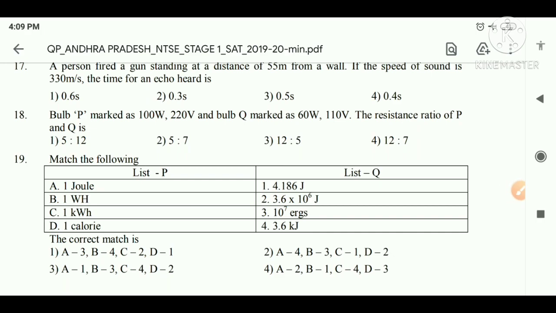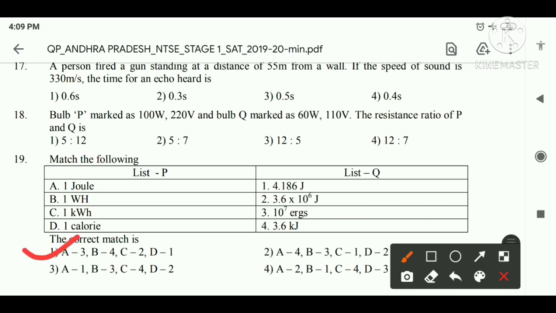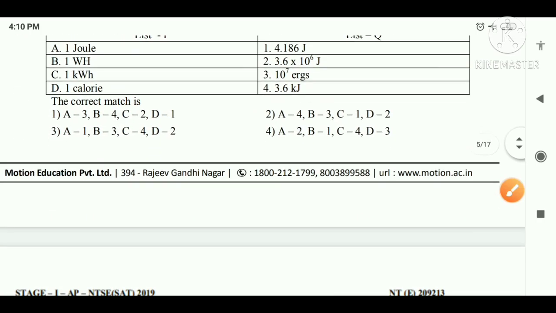A4 A24 3.6. Okay, wrong answer. Option 3, you have to check. A1, no. Here it is. Fourth option A2, no answer. So the first one is the right answer. Now let's go to the next question.